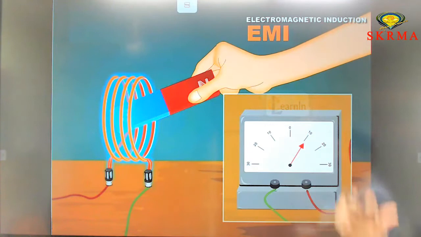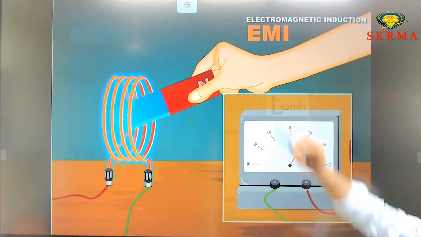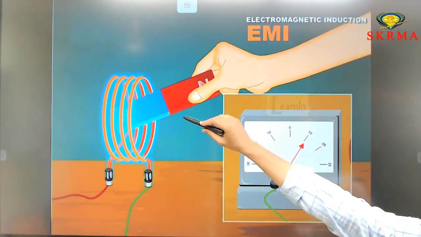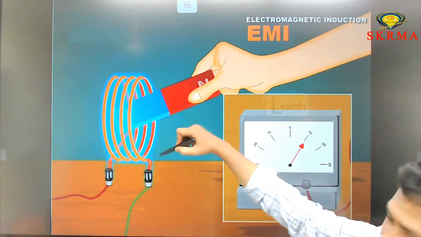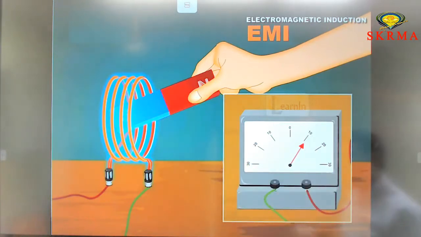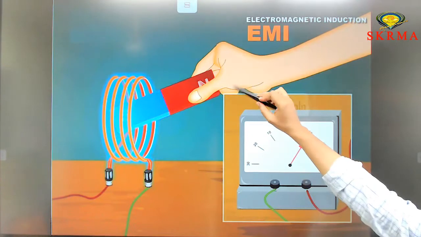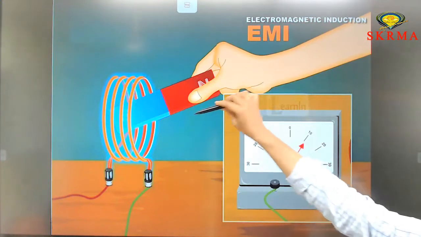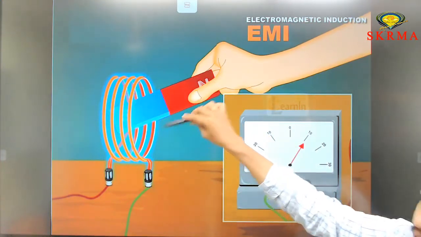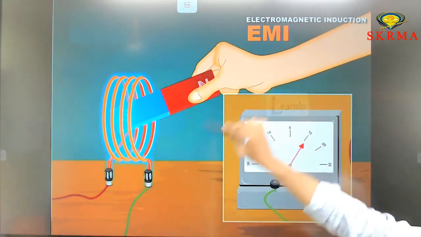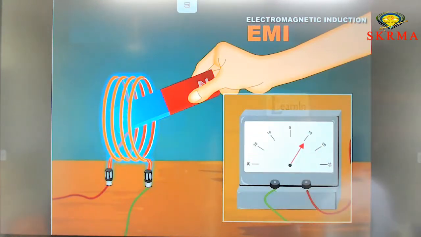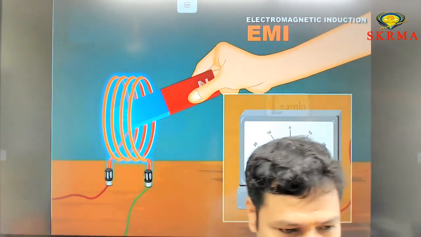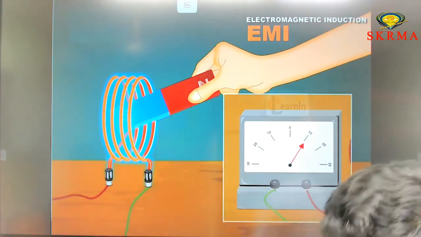Simply, this is also called magnetic induction. It means we produce electromotive force by varying magnetic field inside the coil or inside any conductor. If you observe this diagram, the bar magnet is moving to and fro, so there must exist a relative motion with respect to the coil and the magnet. Then only we can observe deflection in this galvanometer. Whenever you observe the galvanometer deflection, that means electromotive force is produced. That is the key concept in this lesson.